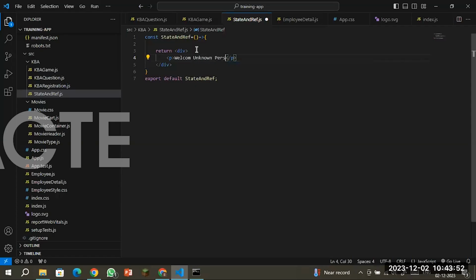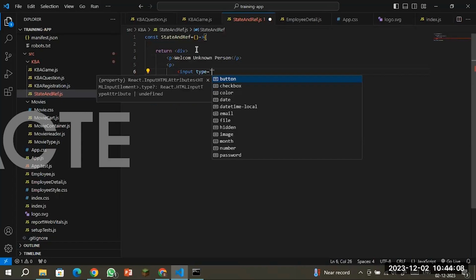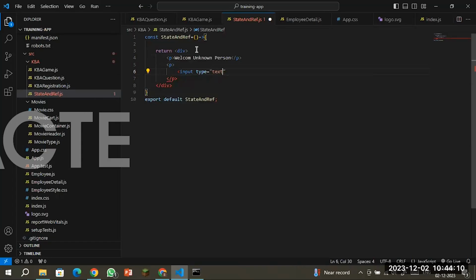Unknown person. For example, this one. And I am using the P element, and inside of the P I am using the input type equals to text, and I'm going to close that. So it is showing the unknown person, and I am using another button, that is the input type equals